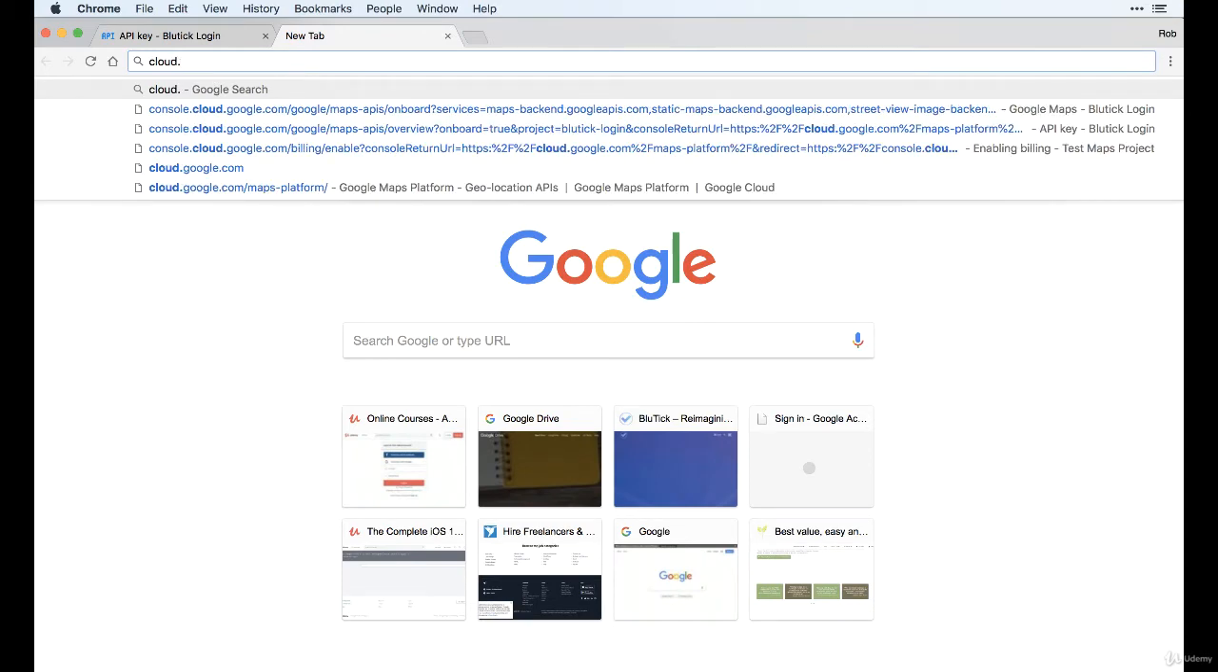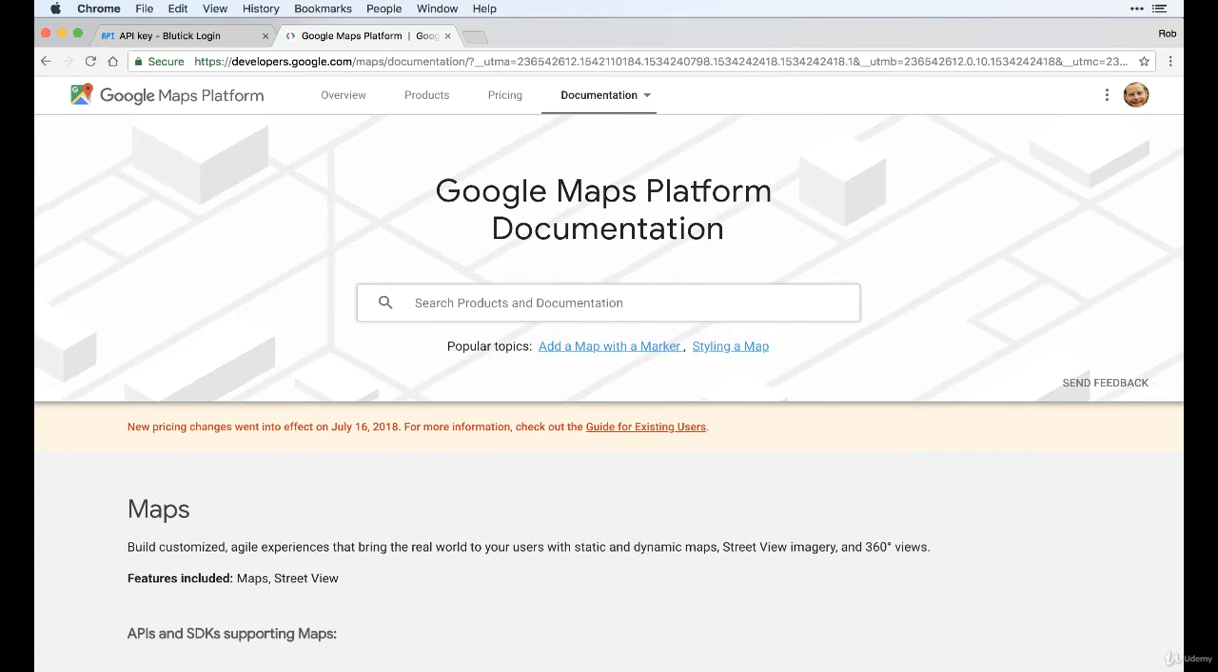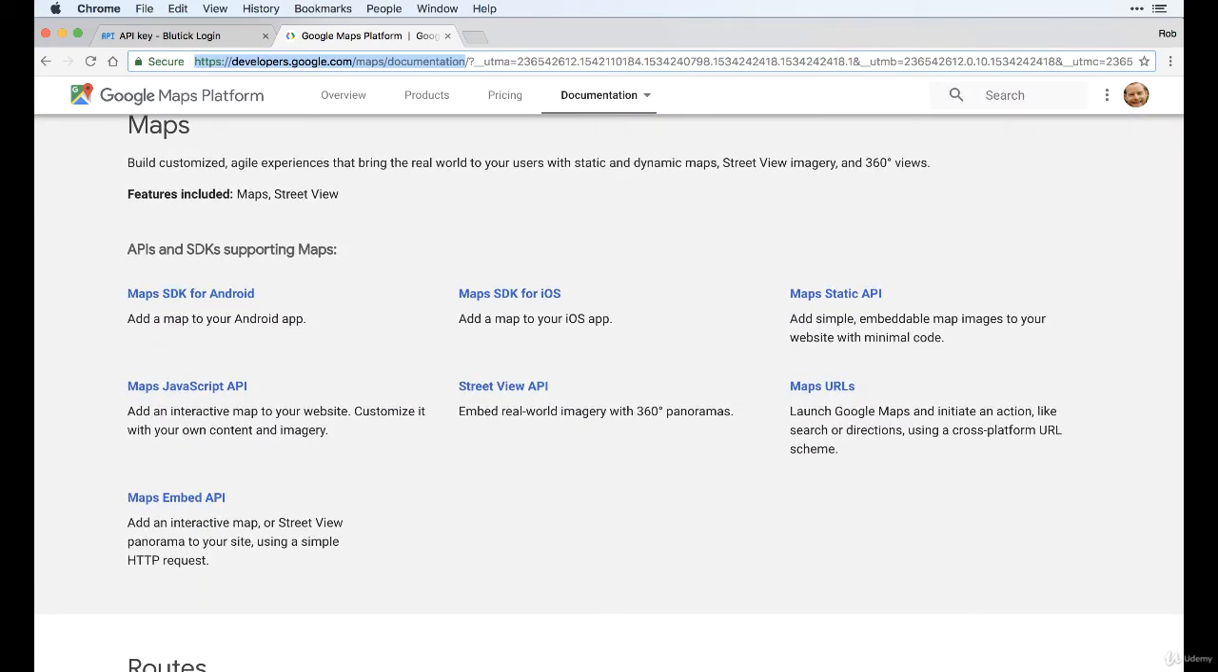That is cloud.google.com/maps-platform. And then we're going to move on to the documentation. That's where all the documentation is stored. And by the way, if you can't find that link, if it's moved around on the website, you can go straight to developers.google.com/maps/documentation. Okay, and then we scroll down to see that there are various ways that you can access the API